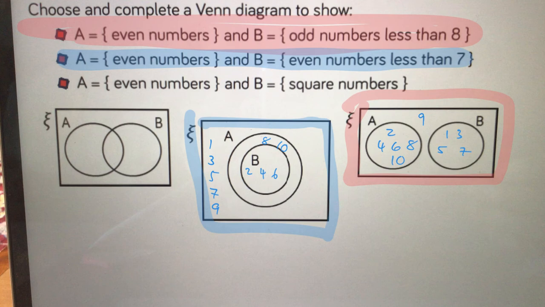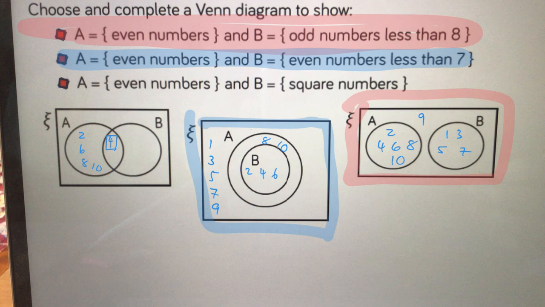Now, there's only one thing left. We've got where A set is even numbers and B set is square numbers. Here in A are the things which are even numbers, but you can see that I've put the number 4 in the middle because I know that 2 times 2 is 4, so it is a square number. We've got 4 in the middle because it's a square number, and 2, 4, 6, 8,